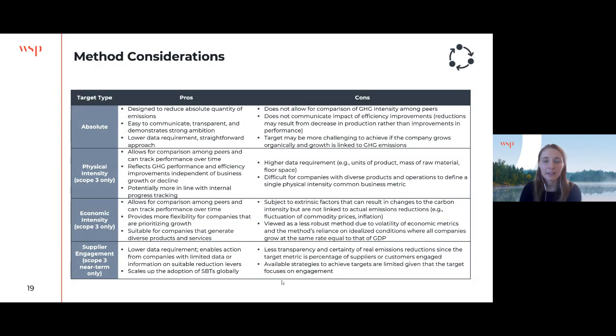So now taking a deeper look at the different target setting methods. First, starting with absolute targets. On the positive side for absolute targets, they're designed to reduce absolute quantity of emissions. They're really easy to communicate, are transparent, and demonstrate strong ambition, and they have a lower data requirement and are